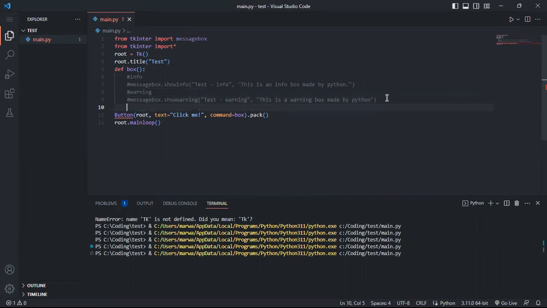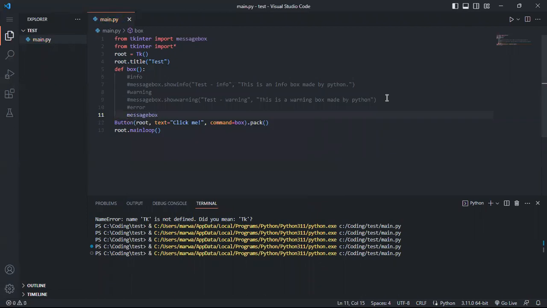What we want to do now is an alert. And what is an alert? So info is to give some info, warning to show a warning, and error is for errors. So I will just call the message box, then show error. Then it is the same, so press alert, the title you want to give,